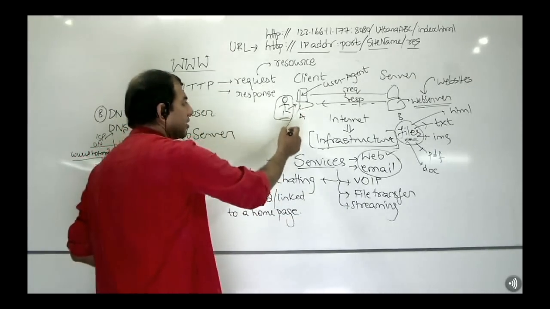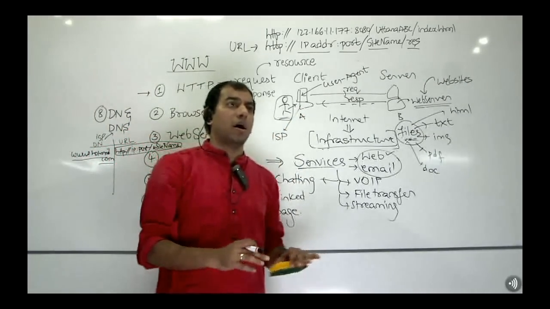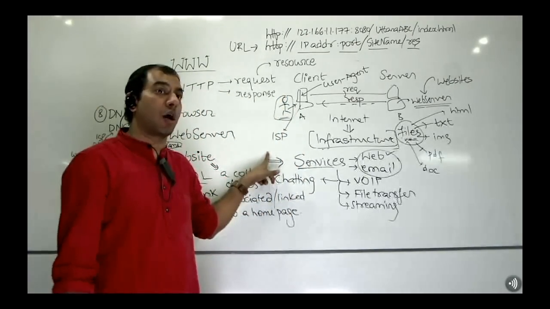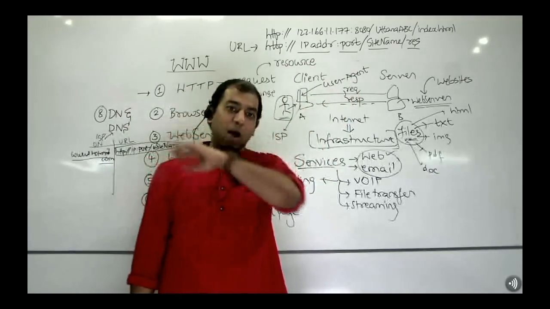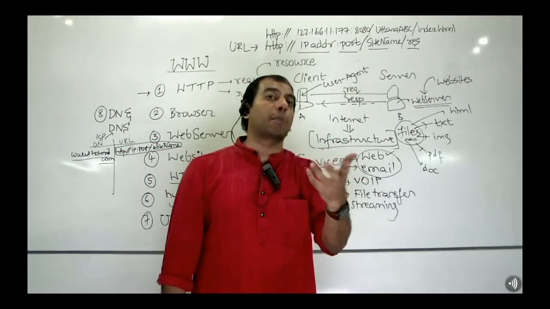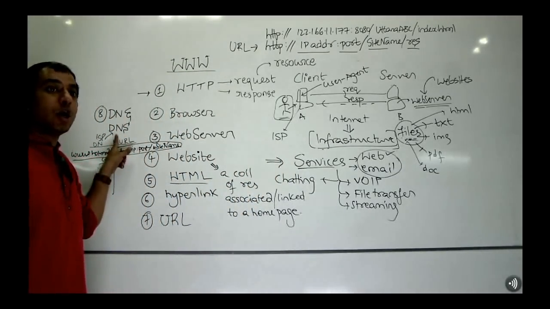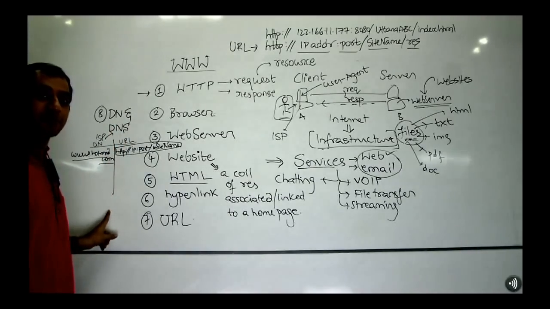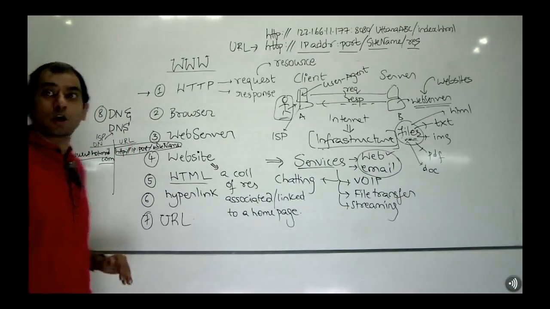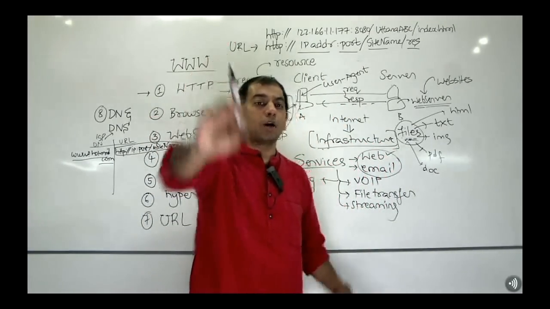Hello guys, come on, connect the dots. Where is your browser connected to? ISP. So the first time you type practo.com in your address bar, it will ask the ISP, give me the URL for www.practo.com. What does the ISP do? ISP looks into its domain name server. What does the domain name server contain? Mapping of domain names to URLs. It will check, is there a practo.com? If it is there, it will simply take that URL and give that URL to the browser.